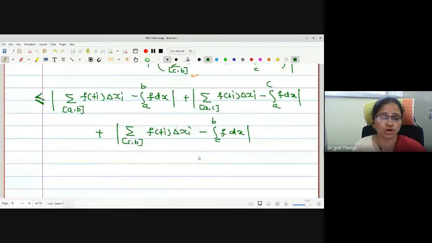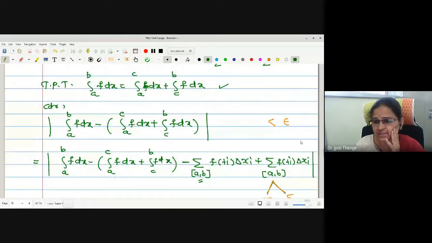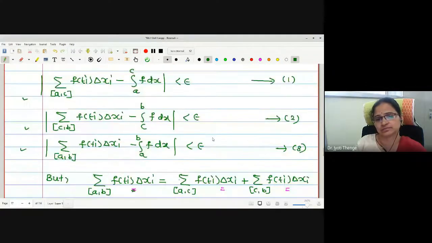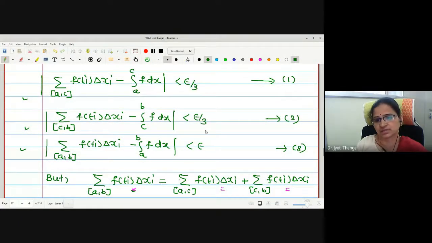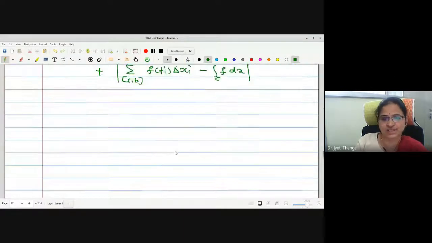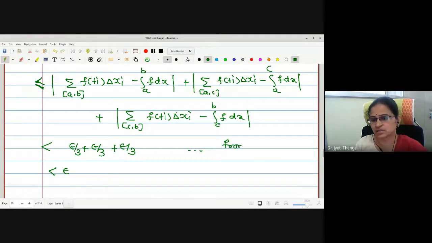But what we wanted to prove is that this is combinedly less than epsilon, no? What should be my adjustment in 1, 2, 3? Epsilon by 3. Yes, it is epsilon by 3. Okay, I am not forgetting to make an adjustment. Remember, I am trying to show you how the adjustment is being made. Because this is less than epsilon by 3 plus epsilon by 3 plus epsilon by 3, combined less than epsilon, and the reason is from 1, 2 and 3.